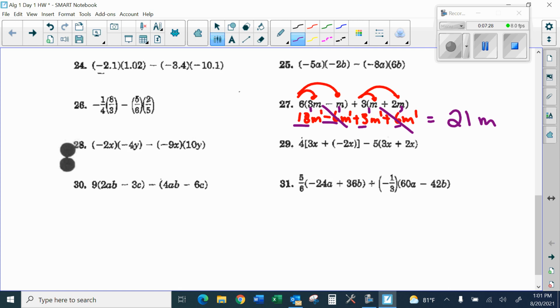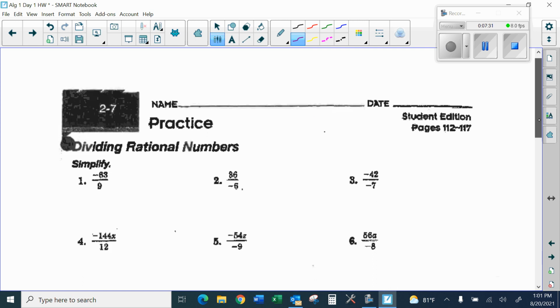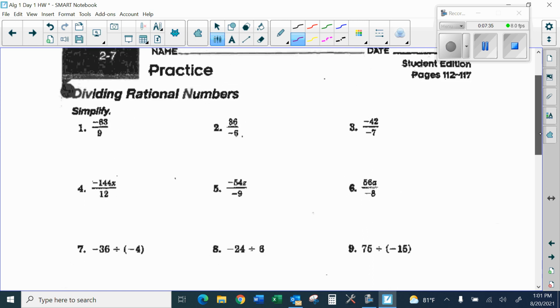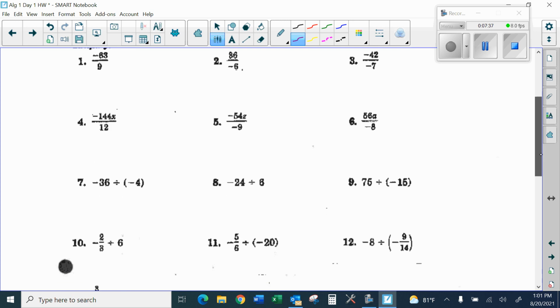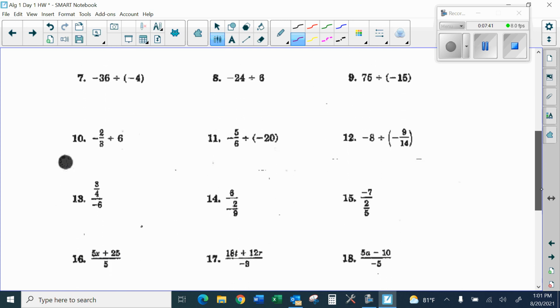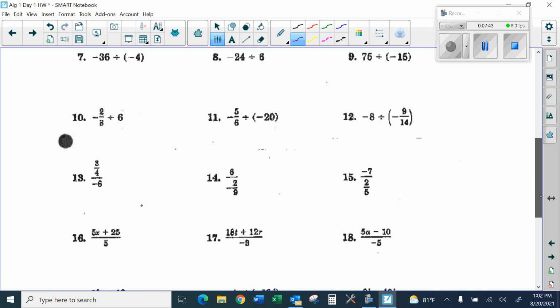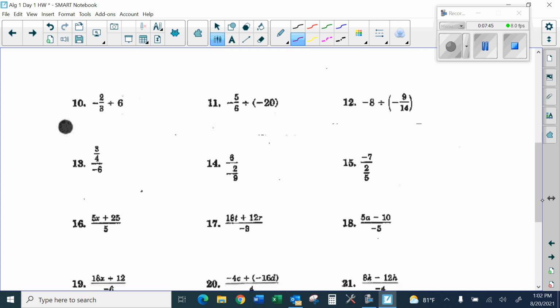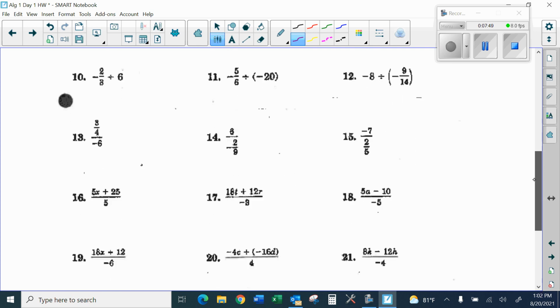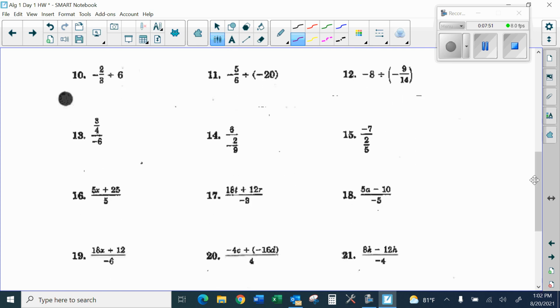All right, backside now. Dividing. So here we're dividing. The front side is multiplying. This side is dividing. Okay, we're going to get down to fractions. You should be able to divide integers the same as multiplying integers. Okay, same rules for signs as on the front side. So here this says 6